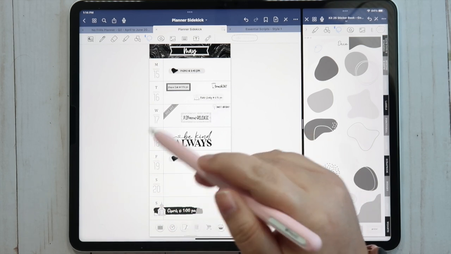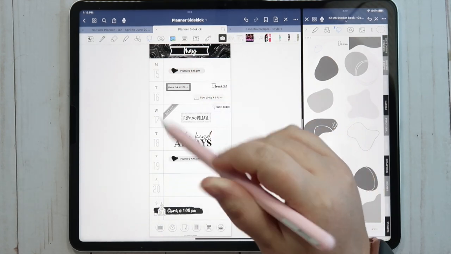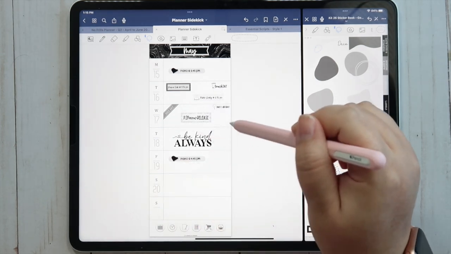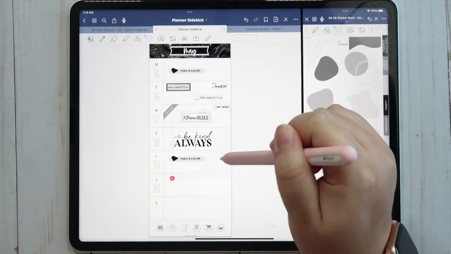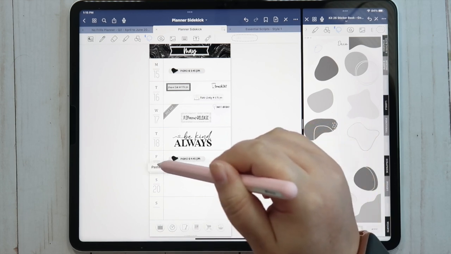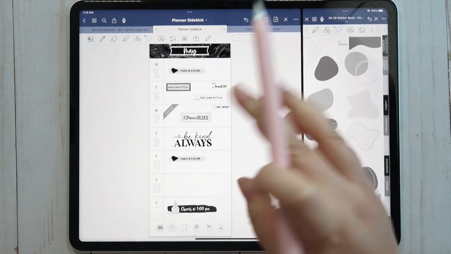Oh, whoops. I need to move this over, and then we'll cut that. And then pull this back down, paste, and then that way it can get layered on top there.